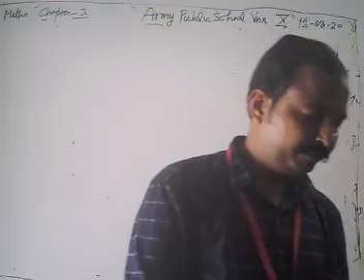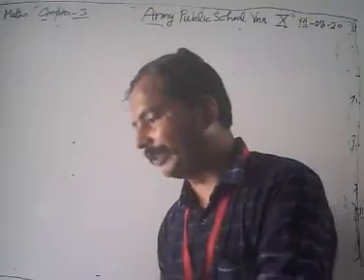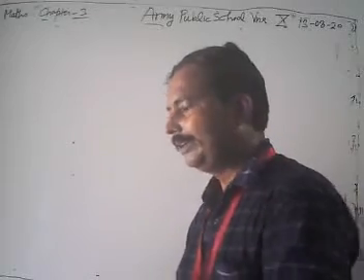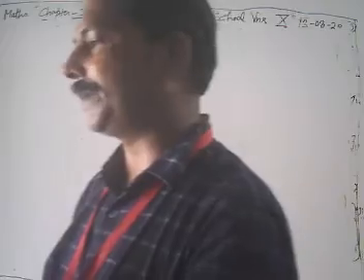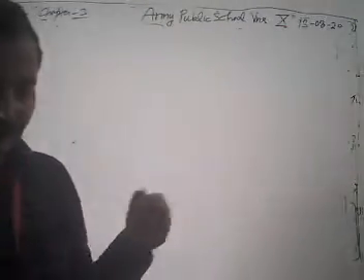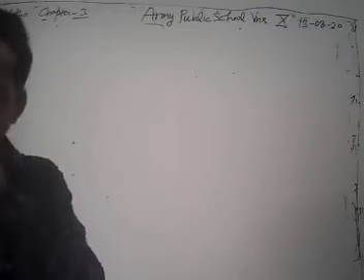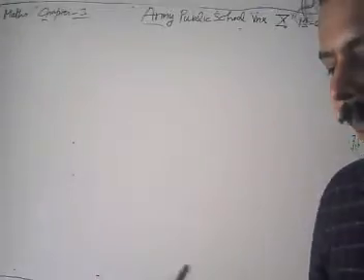Then after that we discussed linear equation in one variable, in which we saw that any equation of the type ax plus b equal to 0 has its solution given by x equal to minus b upon a, and the solution of any linear equation is what we get on our number line.